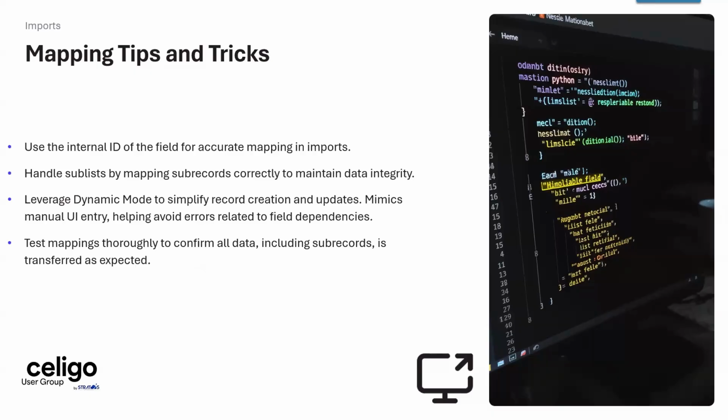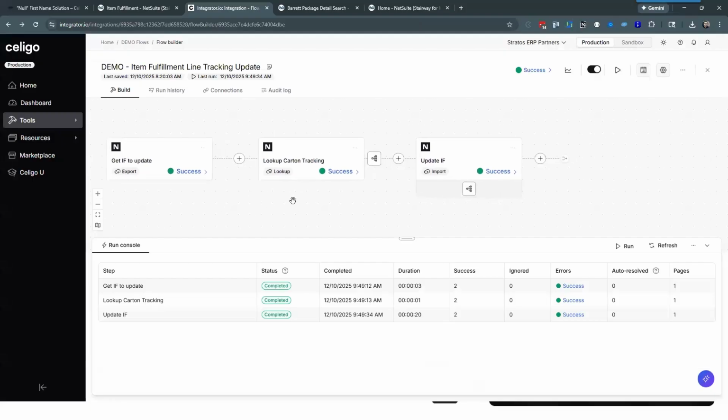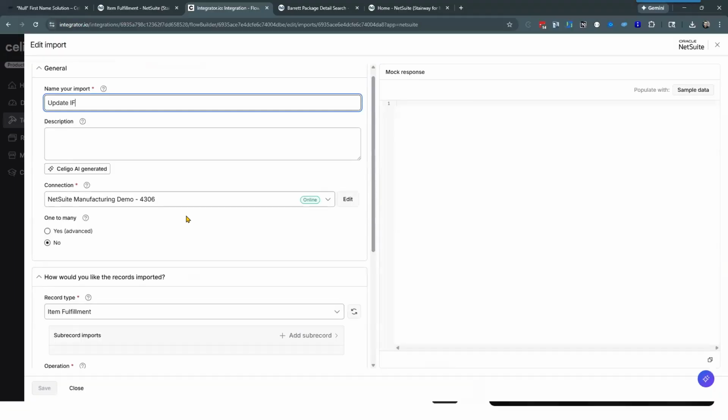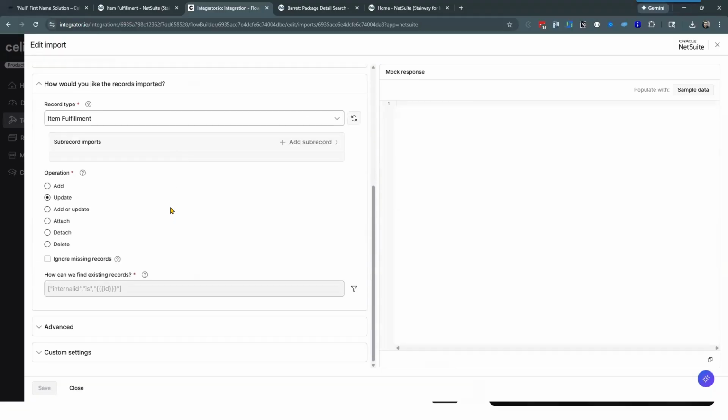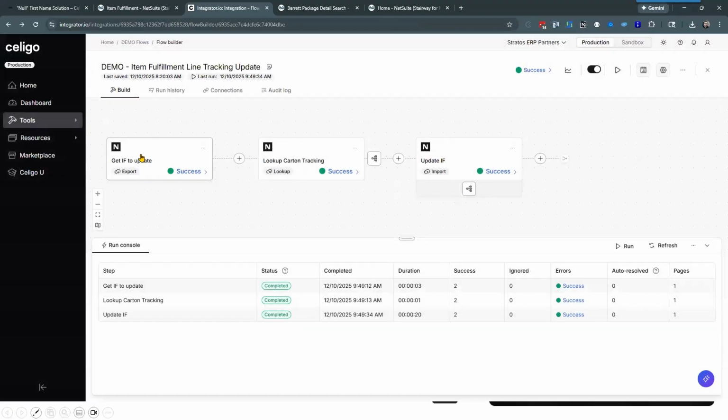So I'll switch back over to Celigo here, and we'll look at some import functionality. I'll just stay on this flow here. So here's my import. This was my update to the item fulfillment. In this case, we're choosing the record type that we want to update. That does not actually have to match your export step, and that's one of the coolest things that I love about Celigo: